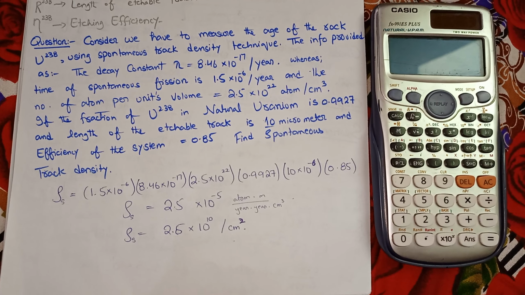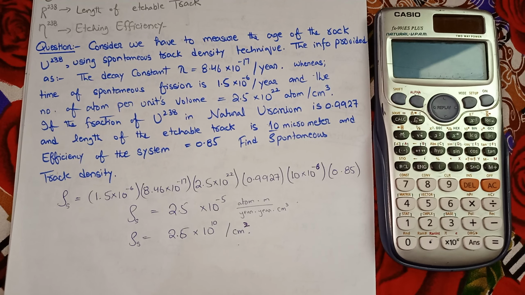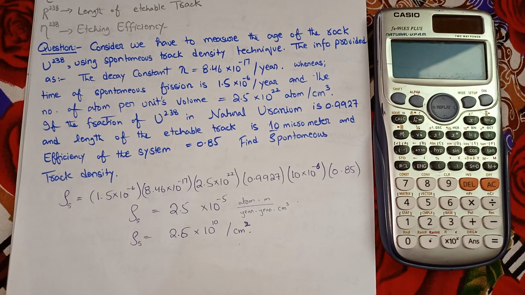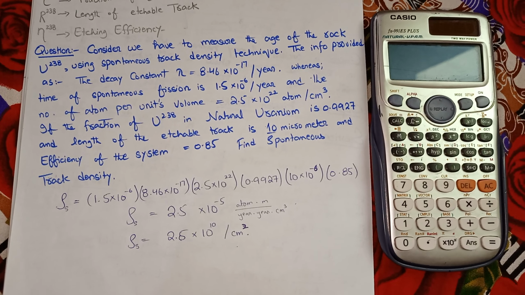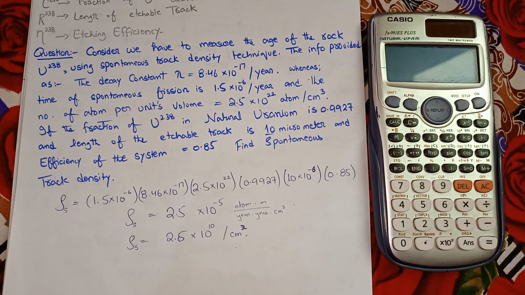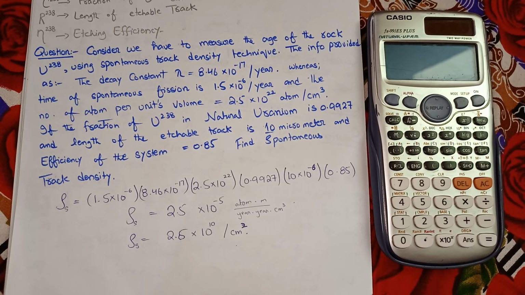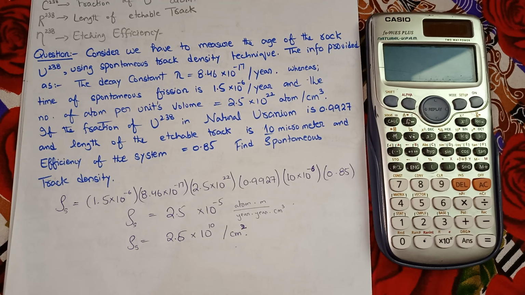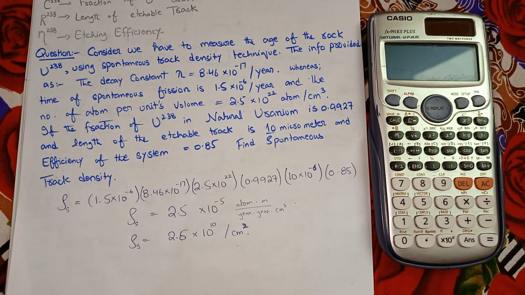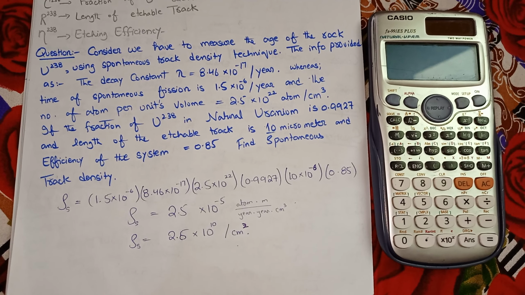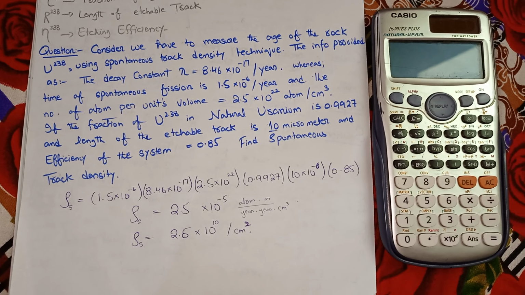Lambda is equal to 8.46 times 10 raised to minus 17 per year, whereas the time of the spontaneous fission is also mentioned, 1.5 times 10 raised to minus 6 per year, and the number of atoms per unit volume is also given, which is 2.5 times 10 raised to 22 atoms per centimeter cubed. If the fraction of uranium-238 in natural uranium is 0.9927 and the length of the etchable track is 10 micrometers, and the efficiency is also given, and that is 0.85,